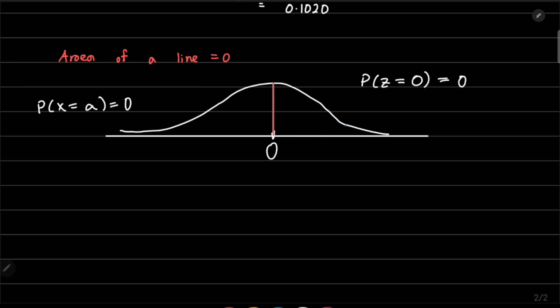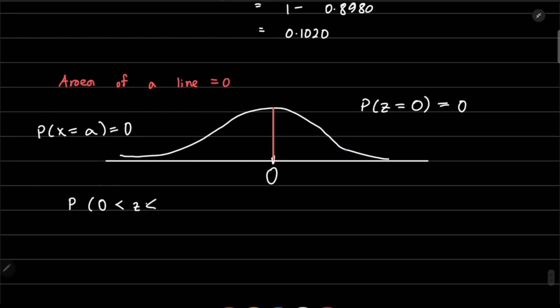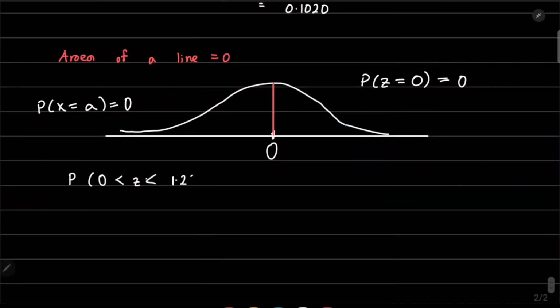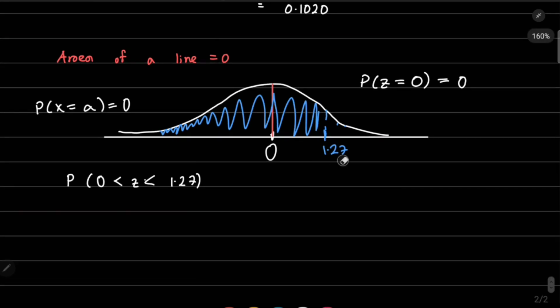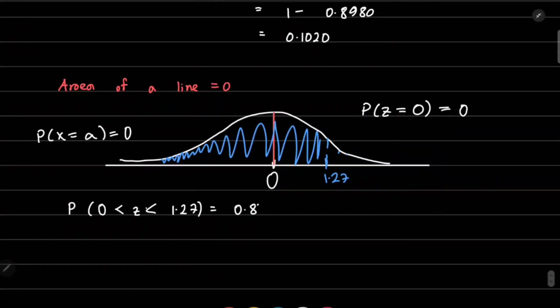visualize this case. In some cases, I'll have to find the probability of z being between two values. So for example, z is between 0 and 1.27. So the value must lie between 1.27, which is somewhere over here, and 0. So the area we want is this area over here. We know that the data book has this whole area given. This is the data book value for 1.27, which is 0.8980,